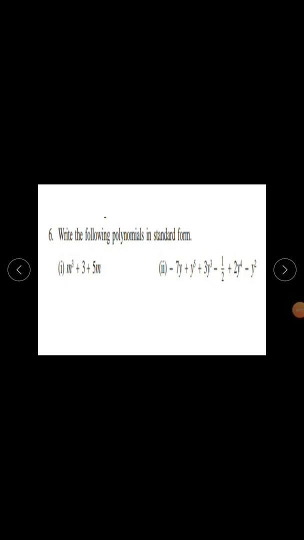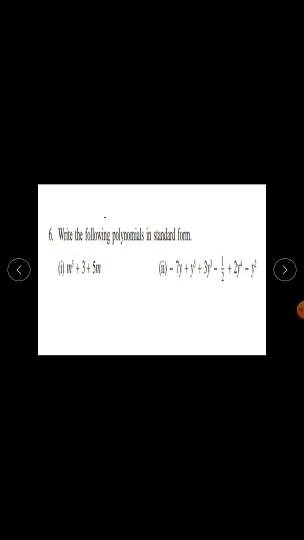Hello children, let us continue with our third chapter of Maths 1, that is polynomials. In previous videos, you have studied about polynomial, constant polynomial, types of polynomials based on number of terms, degree of a polynomial in one variable, degree of a polynomial in more than one variable, types of polynomial based on degree, and standard form, coefficient form and index form of a polynomial. Now we will solve remaining questions from practice set 3.1.